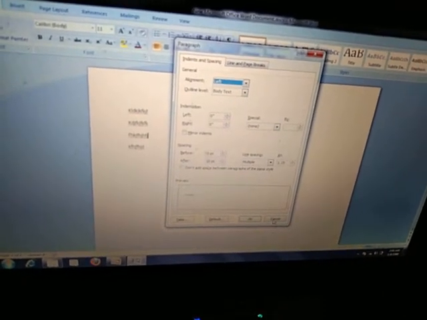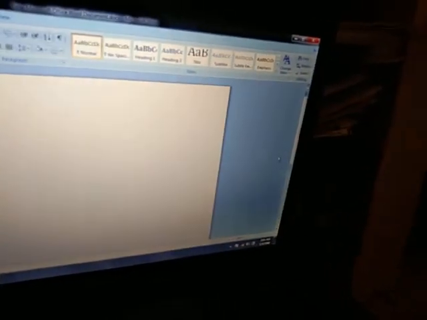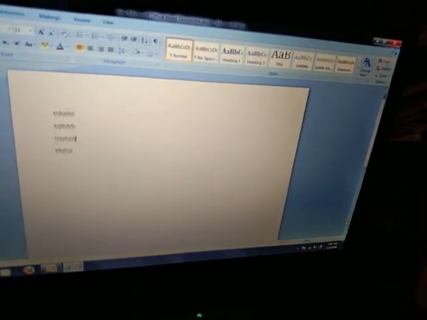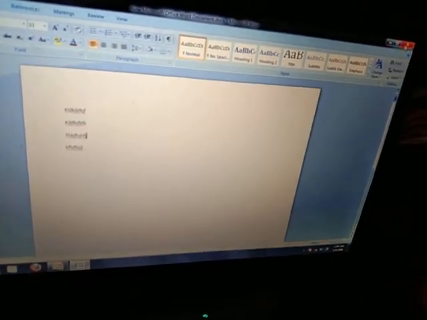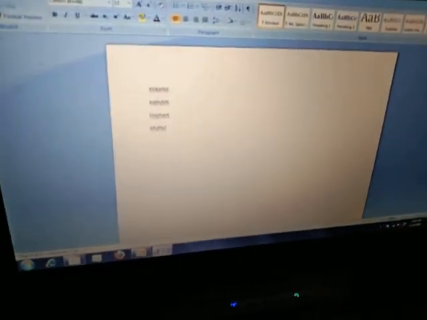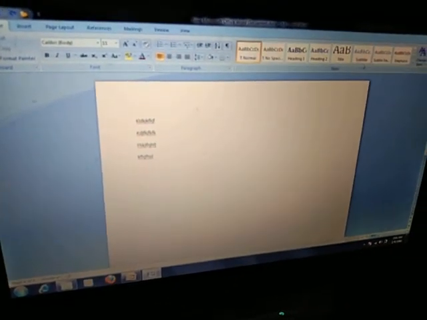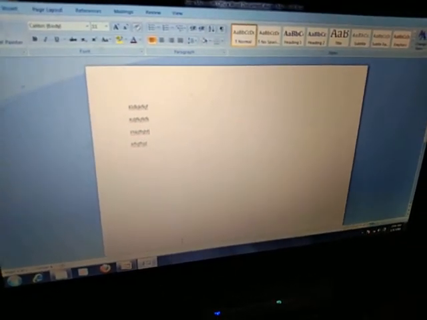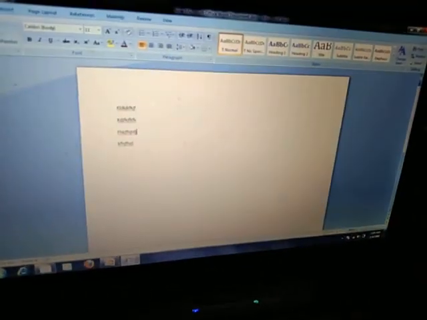Okay, next, this one is your scroll bar, and these three are the window control buttons. This one is close, this one is restore, and this one is minimize. Okay, meaning maximize and minimize. Next, this one is your working area, and from here you can change the views, and this one is your zoom, for zooming.